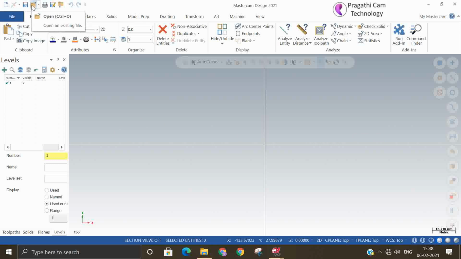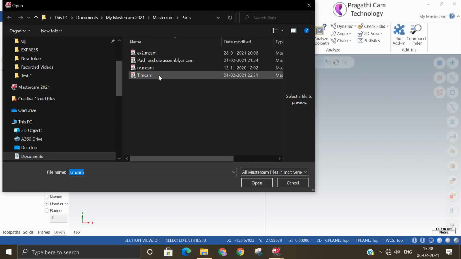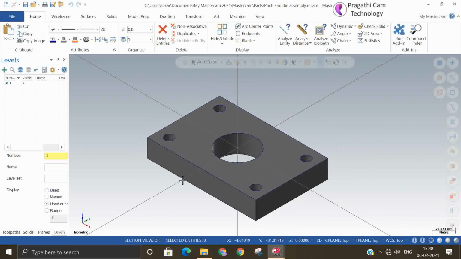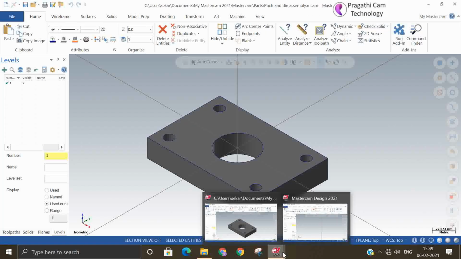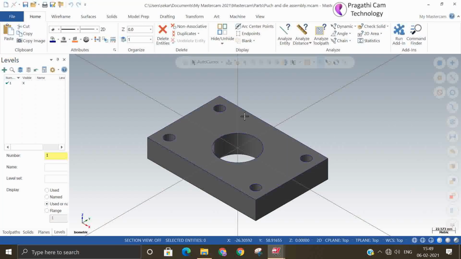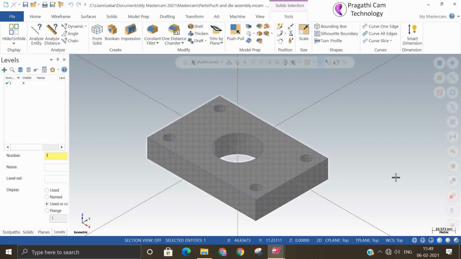First of all, I will make one model here. So I will open this punch and die assembly now. Oh, only die is available. Suppose I copy some of the things here from this model.